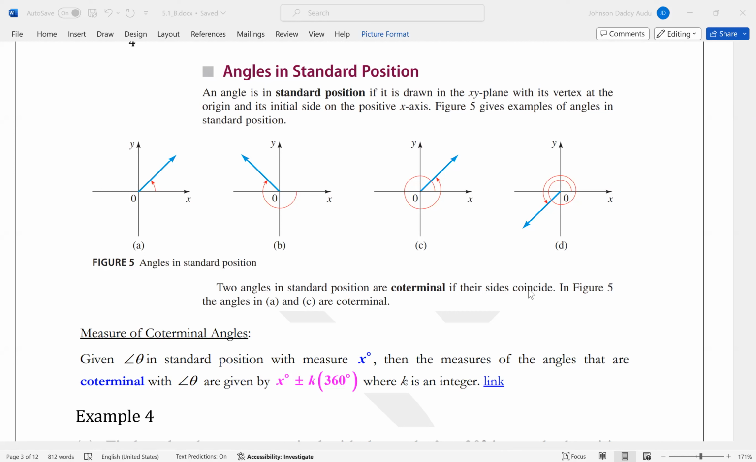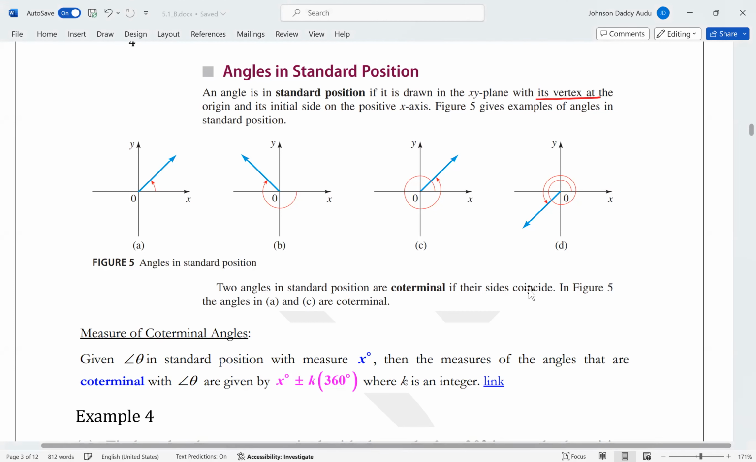This is 5.1. Here we'll be talking about angles in standard position. So what is an angle in standard position? An angle in standard position is an angle drawn in the XY plane with its vertex at the origin and its initial side on the positive x-axis. So if the initial side is on the positive x-axis and the vertex is at the origin, then we can say that